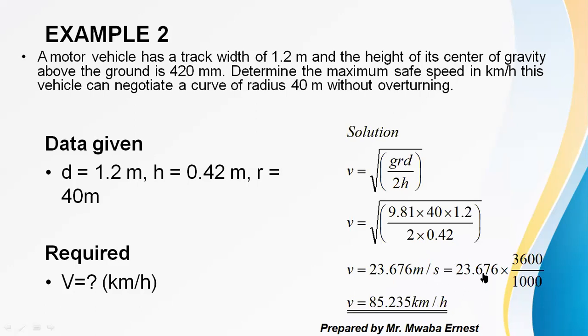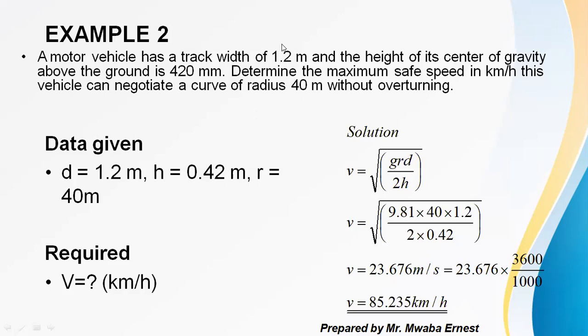So in the end, this whole number multiplied by this will give us the answer in kilometers per hour. And the final result is 85.235 kilometers per hour. In other words, a motorist negotiating this curve whose radius is 40 meters with a vehicle